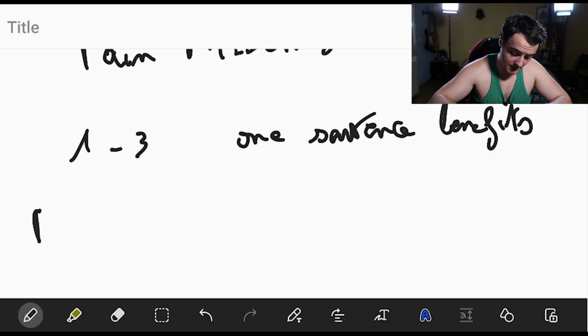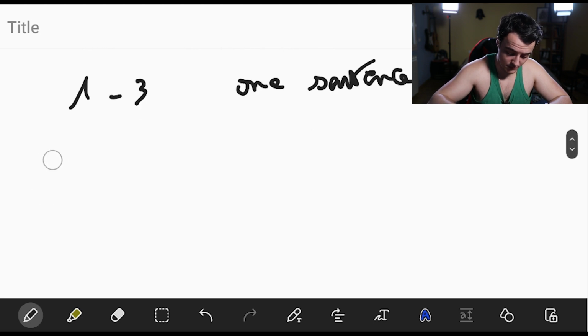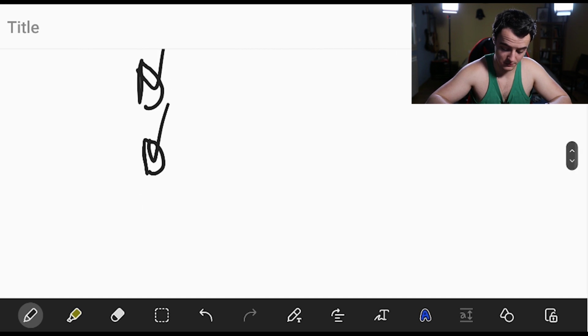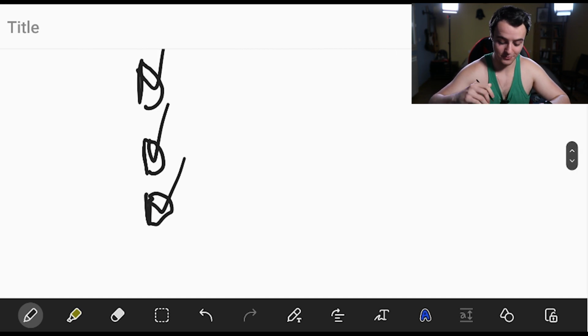Now, it's going to be looking like this. So you're going to have check mark 1. We're going to do it a bit more centered for you guys to be able to see it. Check mark 1, check mark 2. Sorry, I didn't go to art school, as you can see. Check mark 3. All right.